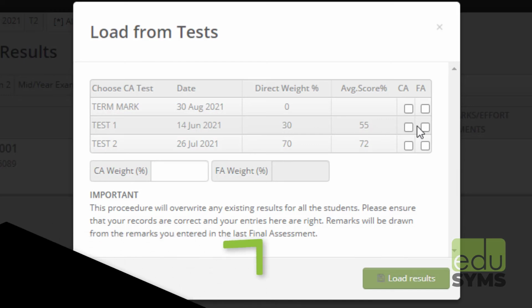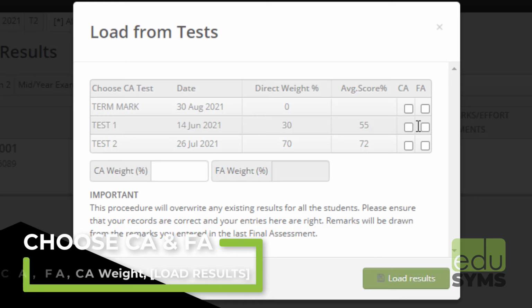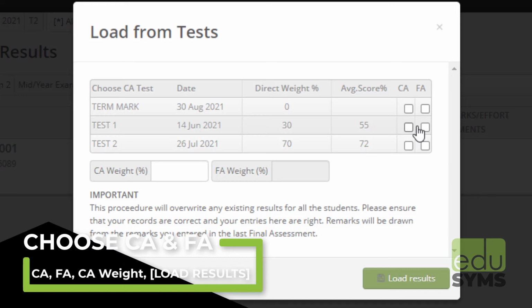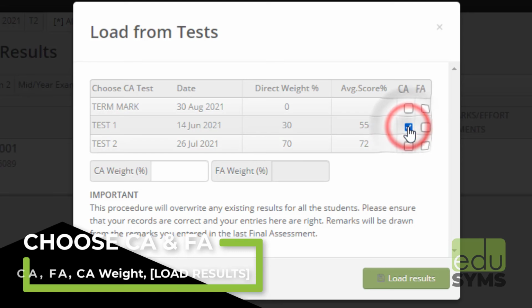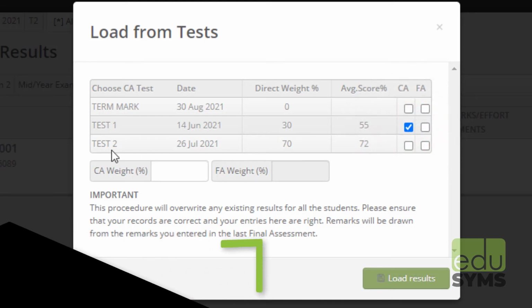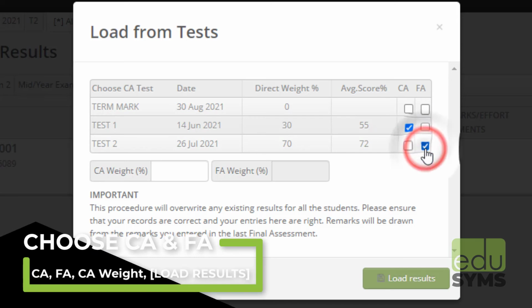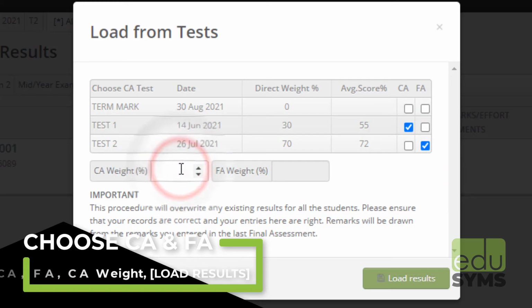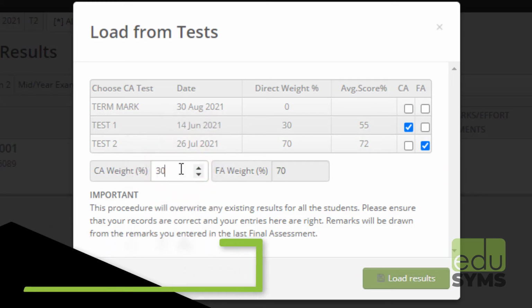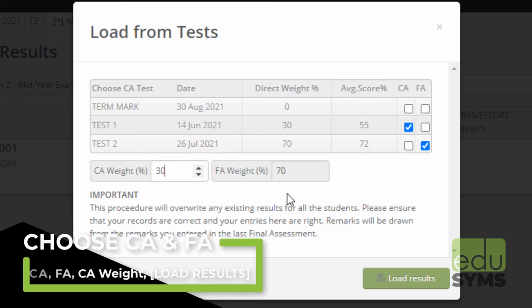Select your Continuous Assessment (CA) and Final Assessment (FA) from the list of assessments displayed. Begin by selecting Test 1 for your continuous assessment and Test 2 for your final assessment. Enter 30 in the CA weight percentage field. The system will automatically display 70 in the grayed out FA weight percentage field, and then click on Load Results